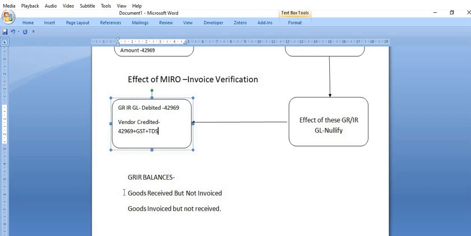So for the clearing of this account, you should follow that Miro or any alternate path, or reverse the MIGO activity. Once we reverse the service entry sheet or this MIGO activity, then that accounting document should be carried forward in the current financial year. For that, there should be sufficient operational budget in the particular head in the current financial year.